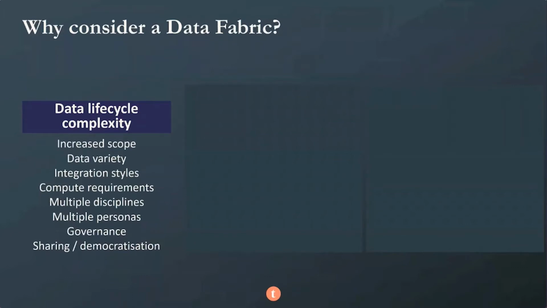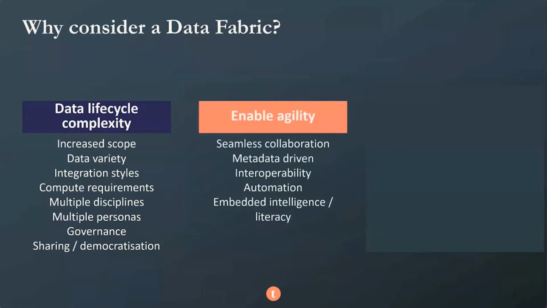Secondly, enabling agility. The complexity of data and the timeliness that data needs to be delivered and the demands of an organization demand that data platforms need to be agile to cope with business demand. That means that we need seamless collaboration between the parties that engage with data. We need to be looking at metadata-driven frameworks that enable patterns of integration to be developed that are reusable for similar ways in which data is managed or ingested, for example, so that we don't have to reinvent the wheel every time.